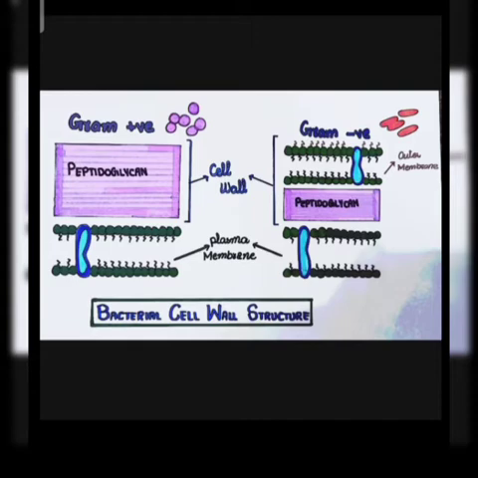Today our topic is gram staining, and in this video we will discuss the principle, procedure and results of gram staining. What is the purpose of gram staining? Gram staining is used to identify pathogens in cultures by their gram reactions, either gram positive or gram negative. This can also be used to identify the morphology of the bacteria.